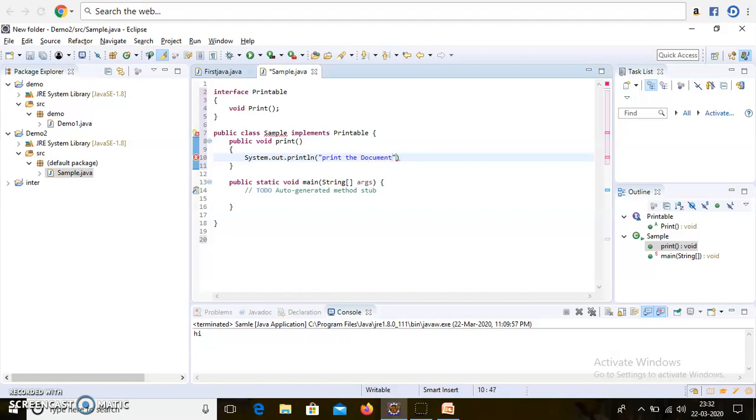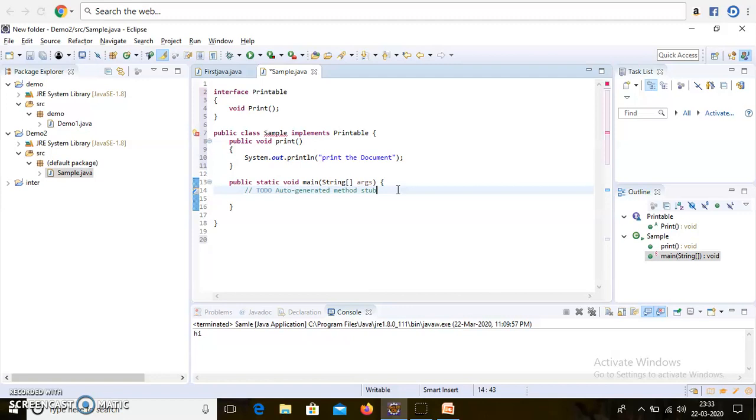After defining this method, the main thing is creating the object, and after creating the object we have to call the function by using that object.